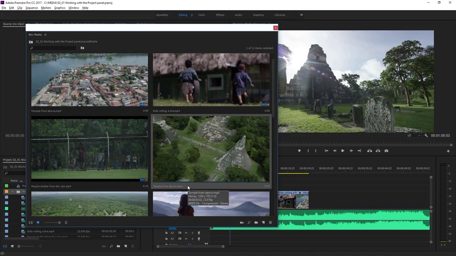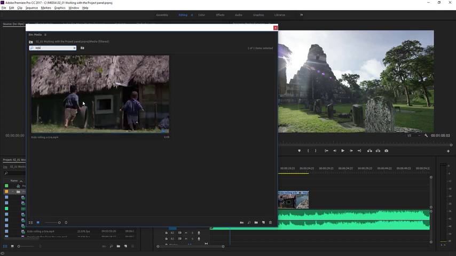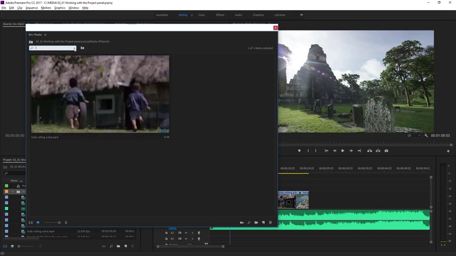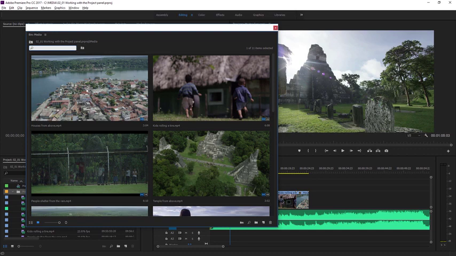I should note that these clips have been renamed to make them a bit easier to find, and that's also useful for searching. At the top of the bin there's a search field, and you can type anything you like in here to find clips that match the text you type. So if I type in the word kids, you can see all the other clips are hidden and only this clip with the word kids in the name remains. I'm going to click the X here to clear that search field so we can see the rest of the